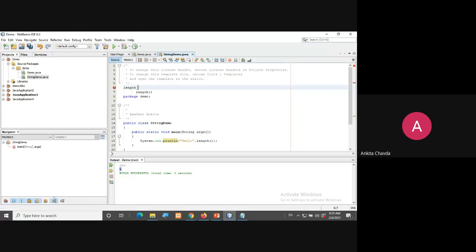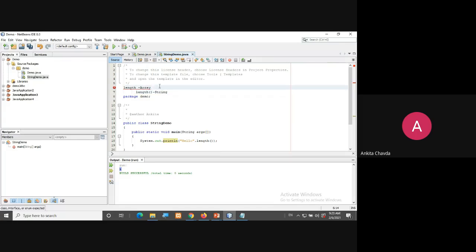This length you are using with array, and this length you are using with string. I hope this is clear. This is actually a function because there would be the parenthesis at the last. So it can be said as a method or you can say built-in function, right? But here we don't have any parenthesis. This you are using with the array, and this length you are using with the string.